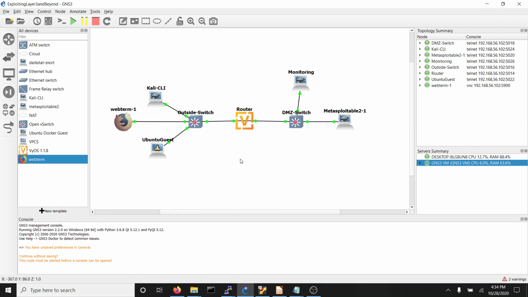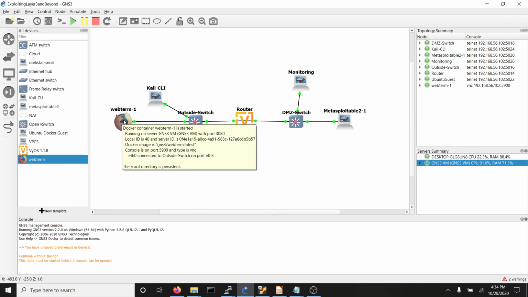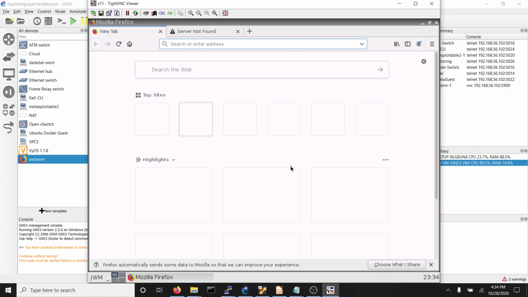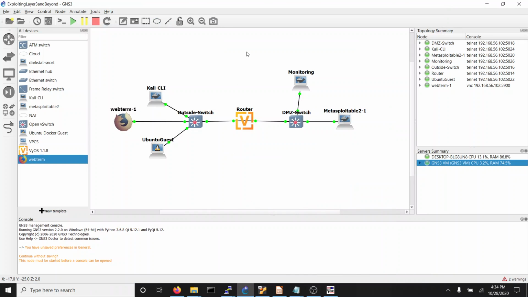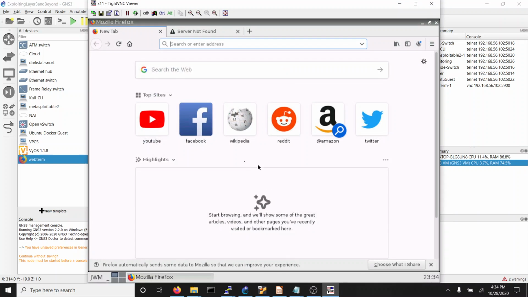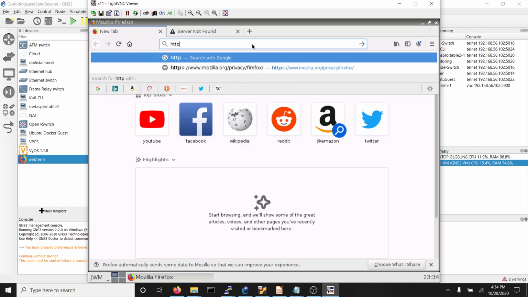I'm going to start this thing. This one usually takes a little bit longer to start, and this one, instead of being a command prompt, when you open a console, oh, it started way faster. That is so cool. So this is actually letting me, through VNC, Virtual Network Computing, run this browser inside of here, right? So I could do something like this. Just pop over to